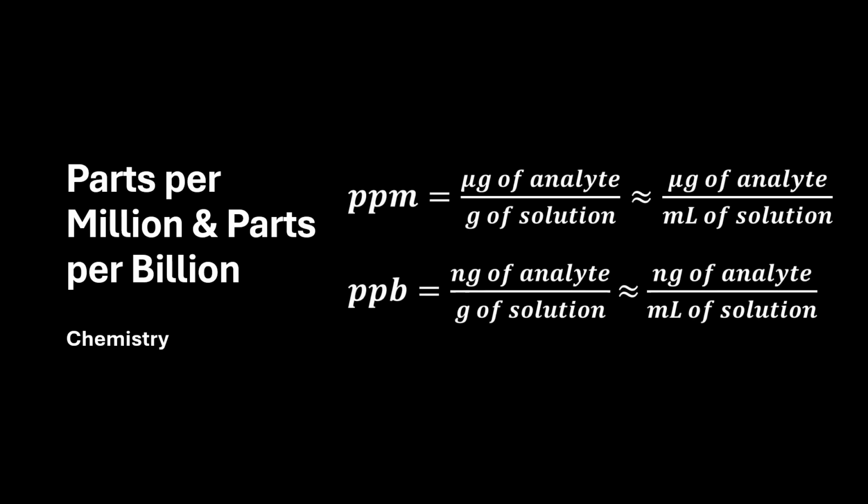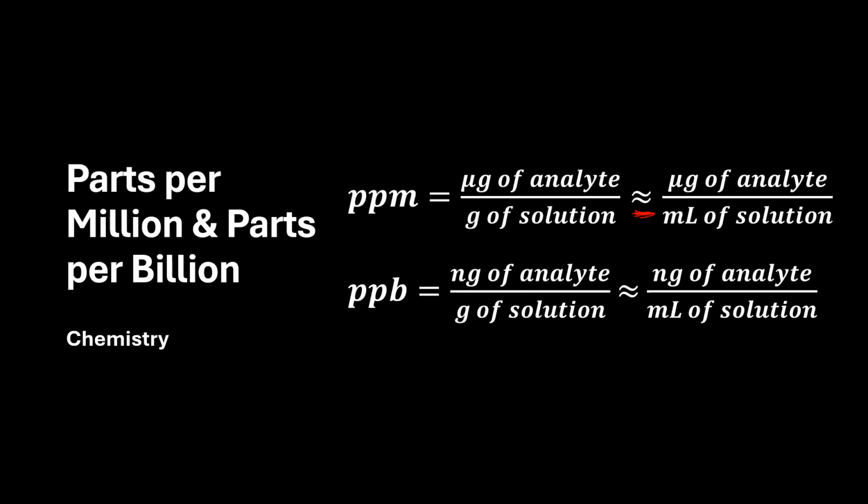So for parts per million, I like to think of it as micrograms of analyte over grams of solution. A microgram is a millionth of a gram. And this roughly approximates, depending on the density of your solution, micrograms of analyte over milliliters of solution. I think this is the fastest way to memorize it if you're studying for an exam. So why is it that micrograms of analyte over grams of solution roughly equals micrograms of analyte over milliliters of solution? Well,